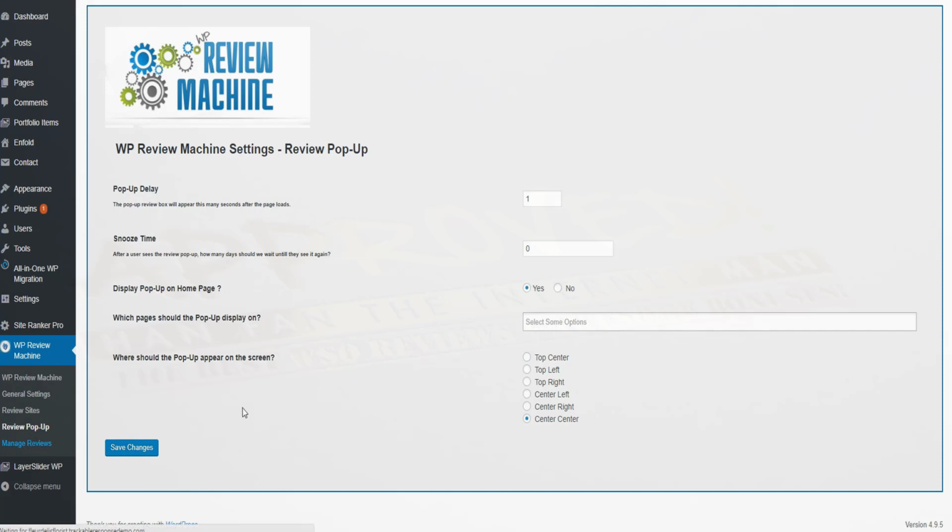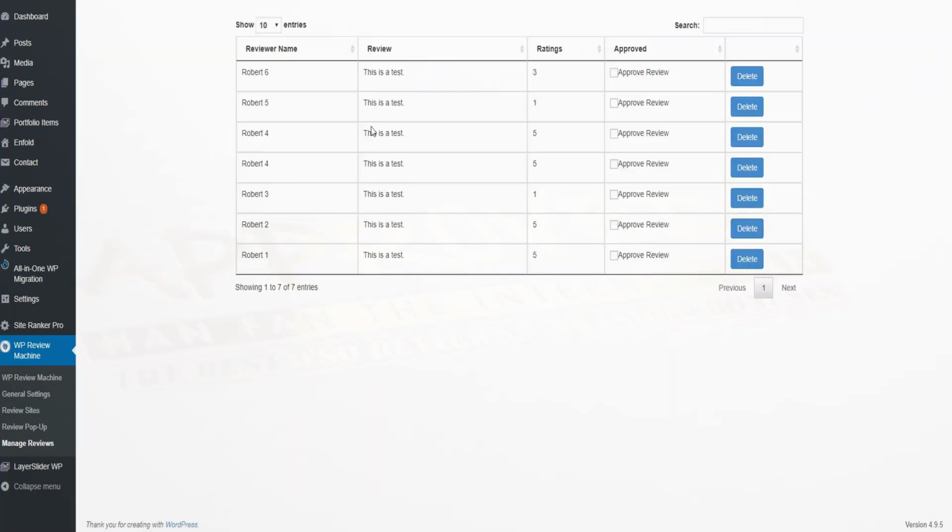And then here we can go and manage the reviews. Here's just some tests that I did earlier. So here's some reviews that people have left on the site, and we can go through. And when it says approve review, it basically just means approve it to be displayed. So if we're going to display reviews, we only want to display reviews that we are sure that we want people to see. We don't want someone to throw a bad or unreasonable rating in there